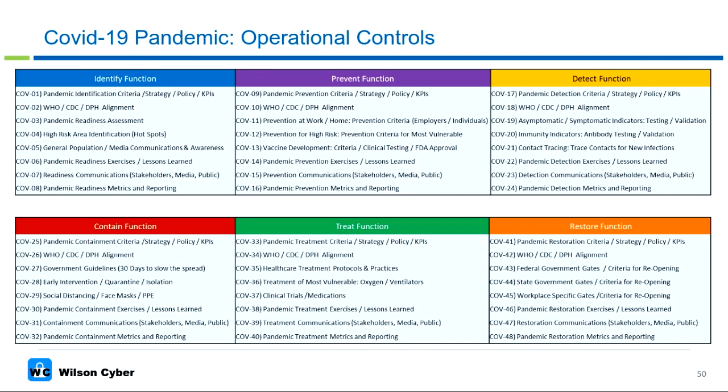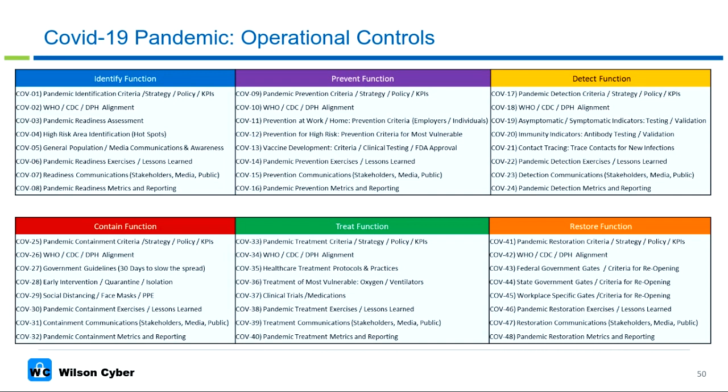These are the operational controls that are implemented through the tools and sensors we talked about briefly. Under identify, we have the pandemic criteria, which basically determine what capabilities we want to implement in the controls. The output includes World Health Organization, CDC, Department of Public Health alignment, making sure that we're collecting the information consistently